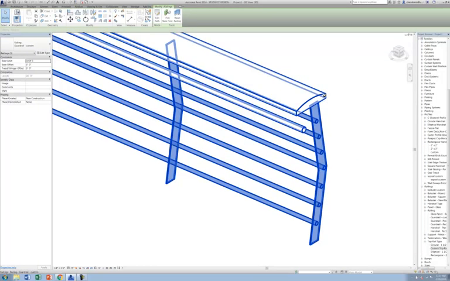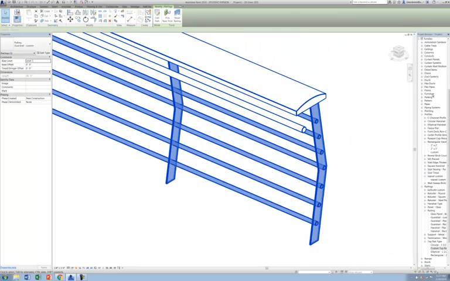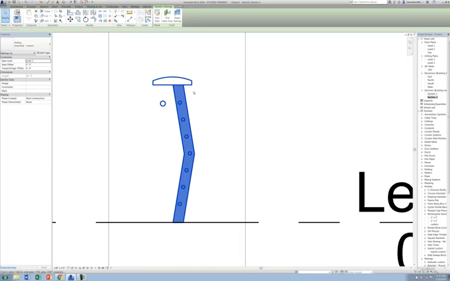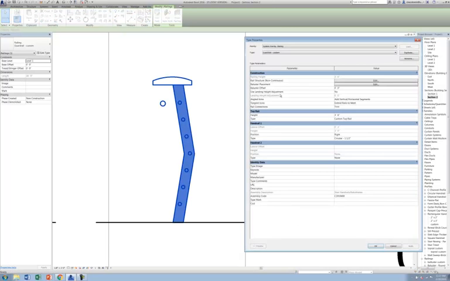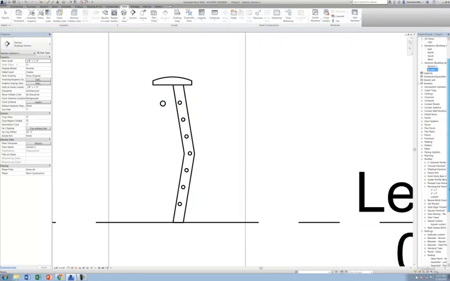OK. And you can see here by default it's pretty big. We probably made it a little too big. And let's look at it in section. We can adjust the offset to get it centered a little bit better. So here's that top rail. If we come down here and open up